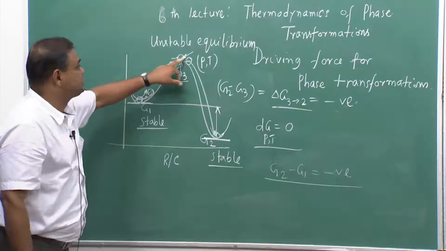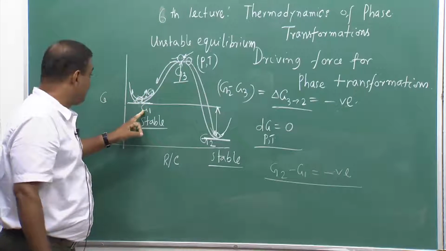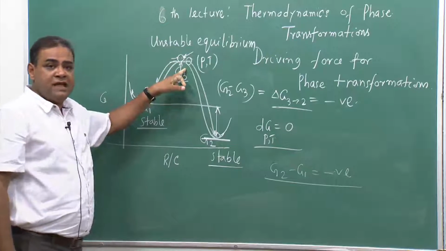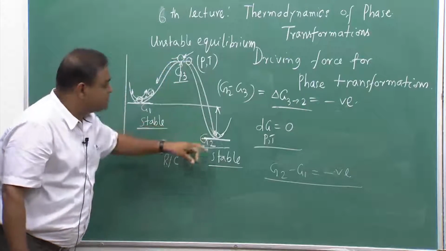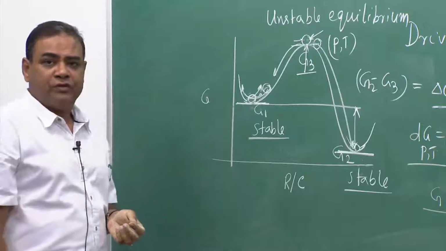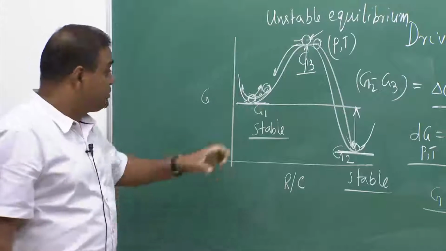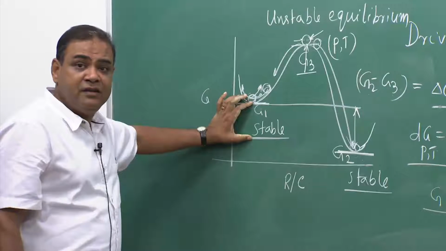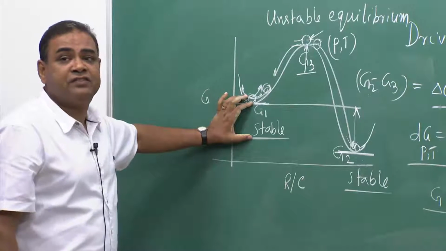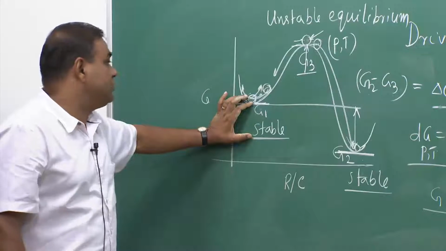It has to go from G1 to G3 first, and then we can give a little push, and from G3 to G2 it can go on its own. So, there is a spontaneity from G1 to G2, but we need to provide sufficient excitation to that particular ball,